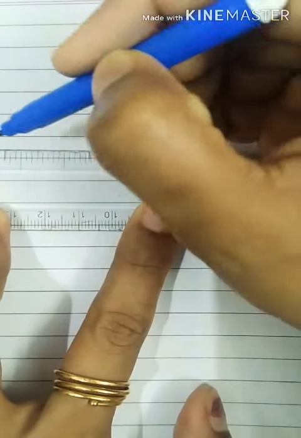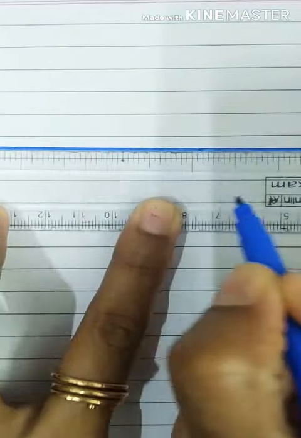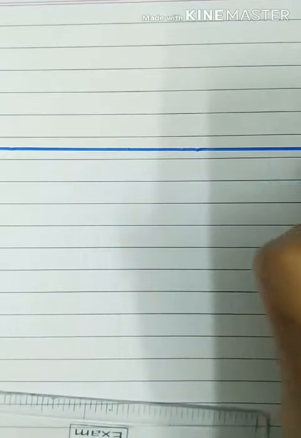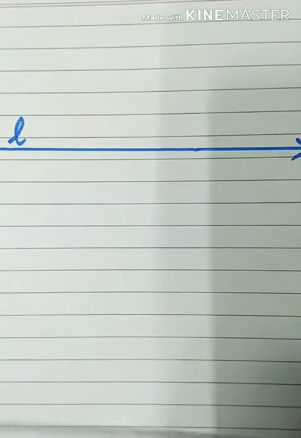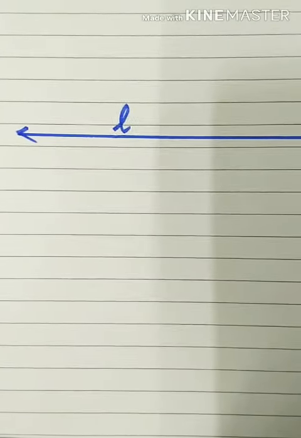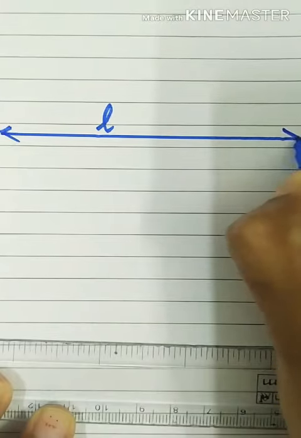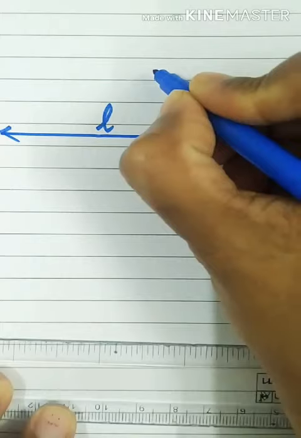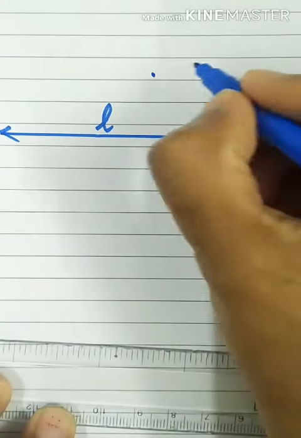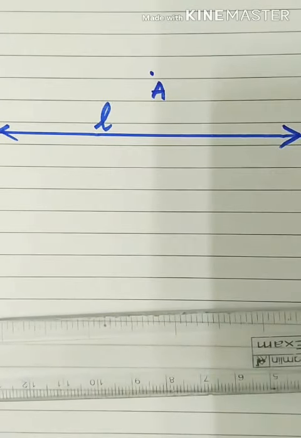As you can see, we will draw a line. Line means it doesn't have a definite length. So I have drawn a line. I'll name it L. Show arrows on both sides. So we have taken line L. We will take a point A outside the line. Let that point be point A. Now they have given the name, so we will also use the same name.